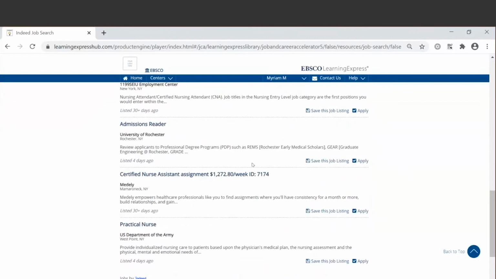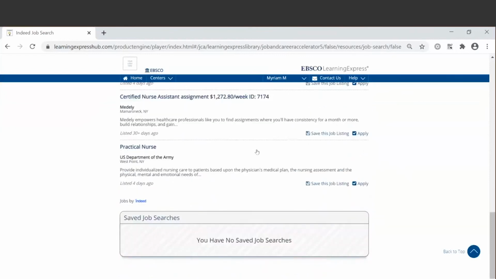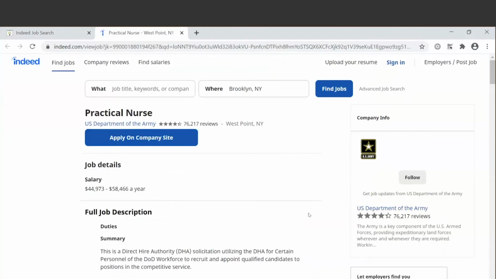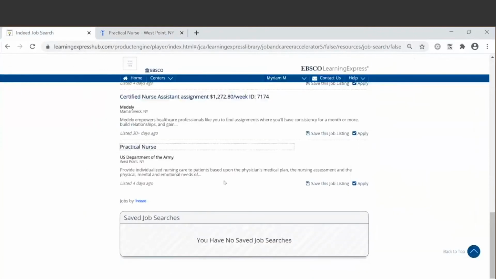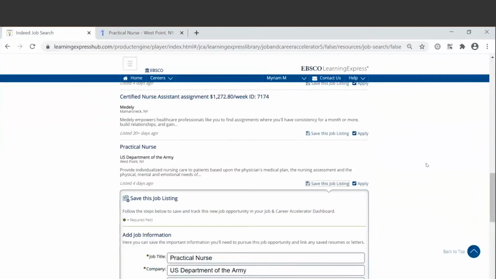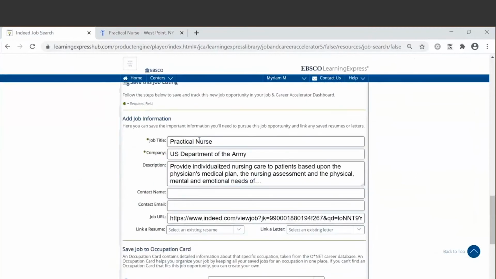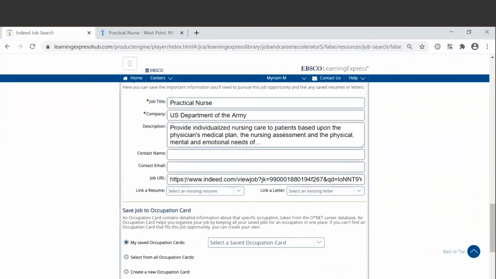Once your users see a job that sparks their interest, they can click on it. It will take them to the post within Indeed where they can apply for it using their freshly created resume or cover letter. If they are not ready yet to apply for this job, they can also save the job listing. As you can see here, it is very easy to do. They can put in a contact name if there is an email, the URL.